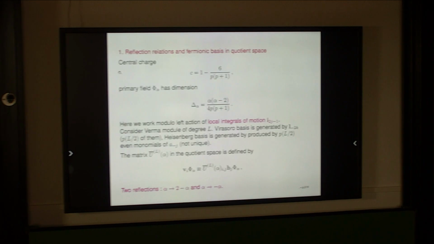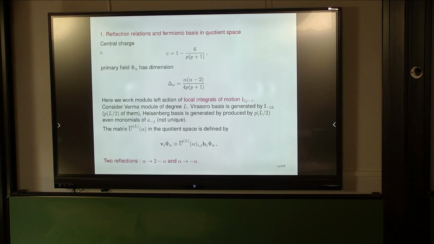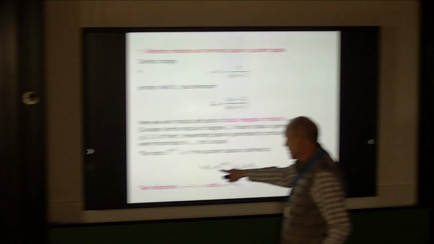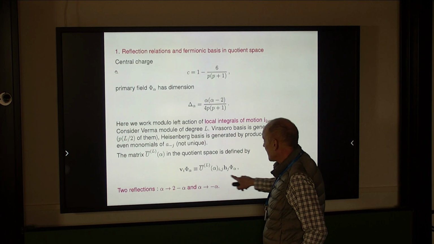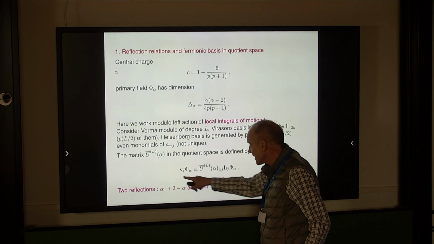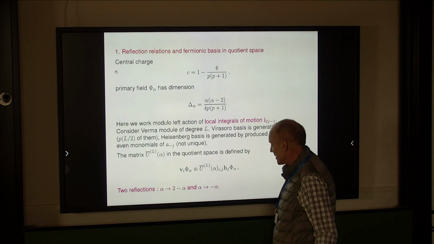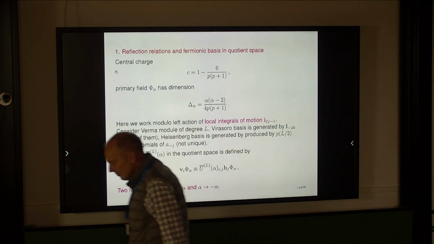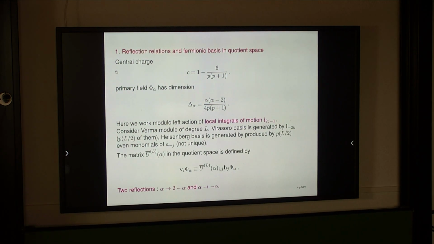When I'm writing this sign, it means that I'm working modulo local integrals of motion, so I can rewrite the Virasoro generators in terms of these Heisenberg generators. The important thing is that we prepare our model